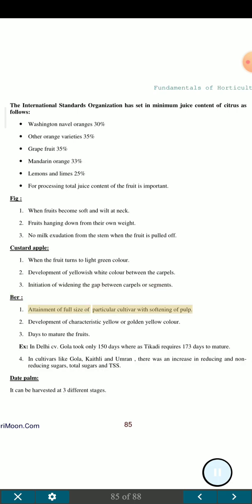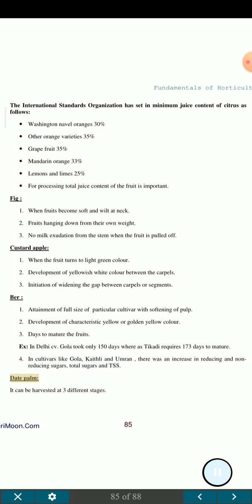Ber. 1. Attainment of full size of particular cultivar with softening of pulp. 2. Development of characteristic yellow or golden yellow color. 3. Days to mature the fruits. In Delhi, cultivar Gola took only 150 days whereas Tikadi requires 173 days to mature. 4. In cultivars like Gola, Katli and Umran, there was an increase in reducing and non-reducing sugars, total sugars and